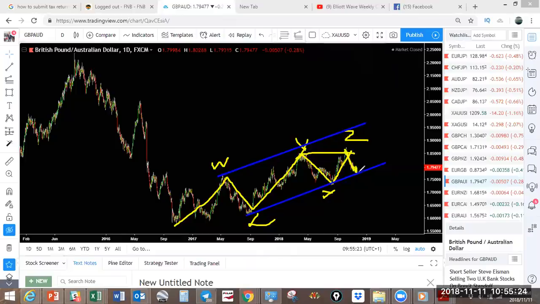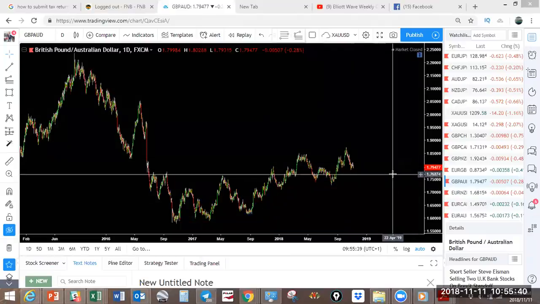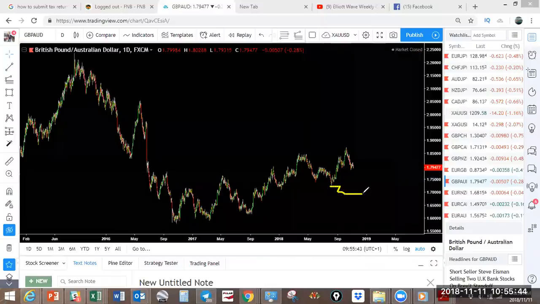So now any corrective structure, especially outside this structure, would tell us that this correction has completed, and we now have a move right back to the lows, previous low around this area. Looking very, very interesting. So it's going to be nice trades to the downside if that plays out as it is. Just remember, there's another possibility. This one needs to come to this level first